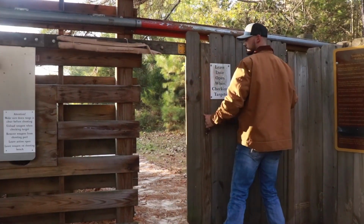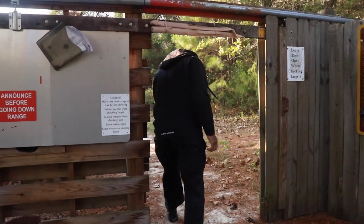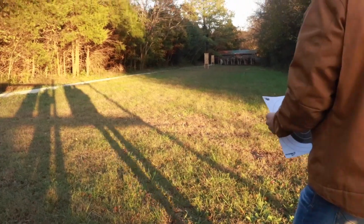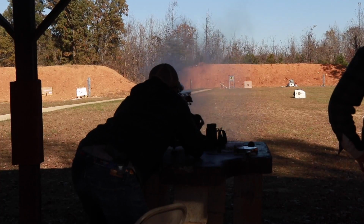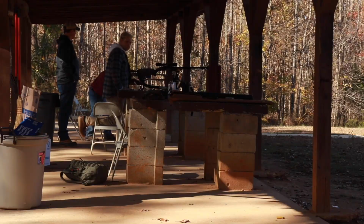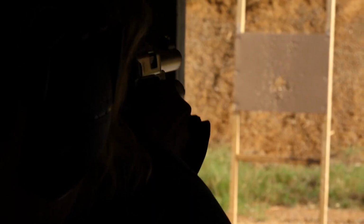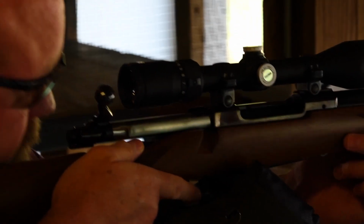Now before you go, you should know that all these ranges are not open every day. At Yanali, the days that they're open are Saturday and Sunday. Saturday 10 to sunset and Sunday 12 to sunset. That range is only open October through December. The range out at Cheatham WMA is open from 10 a.m. to 2 p.m. daily. Out at Stones River Range, November through March, the days they're open are Friday and Saturday,